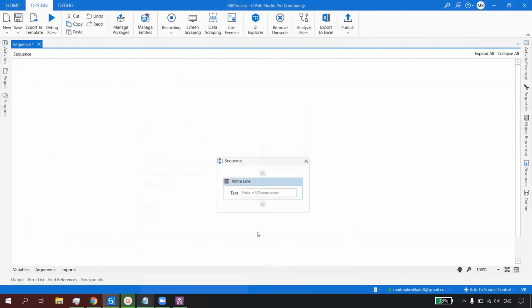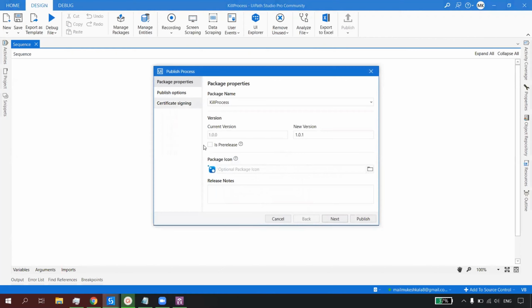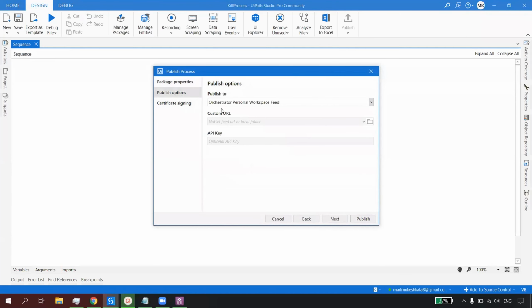Hello UiPath. So assuming that this is an automation which we have written, and everything, development, testing, is done successfully. Now as a developer, the first thing the developer will do is go here and publish the package, like this. When you publish the package, UiPath has two options: do you want to publish it to Orchestrator, or do you want to publish it locally? We will talk about the local one later. Let me go ahead and publish it to Orchestrator.